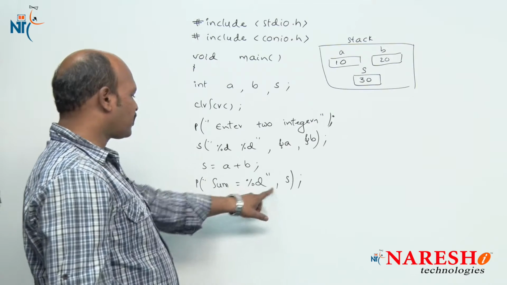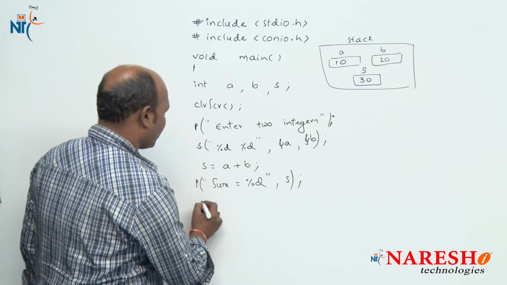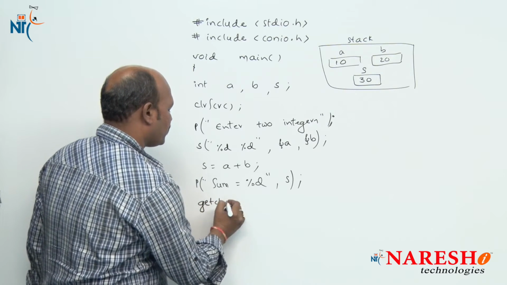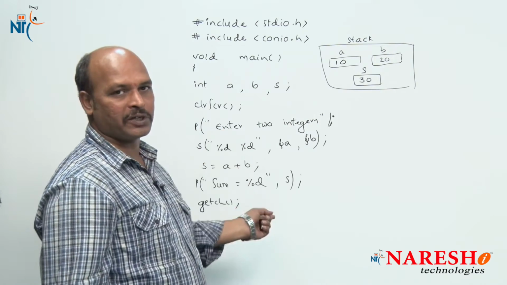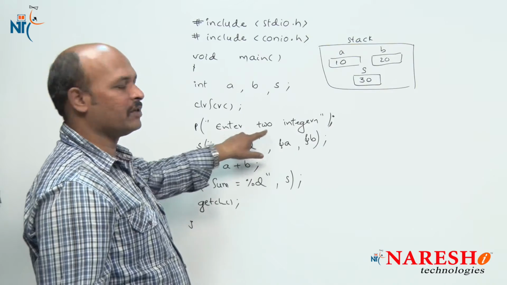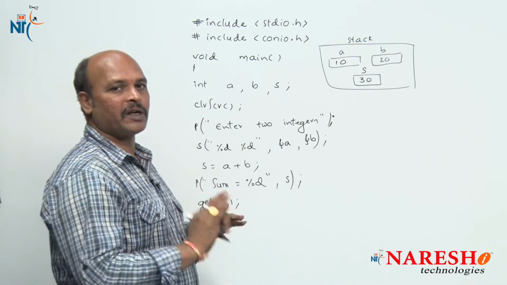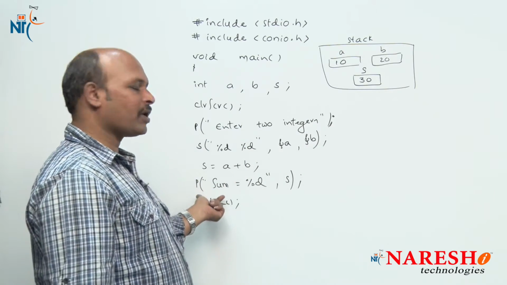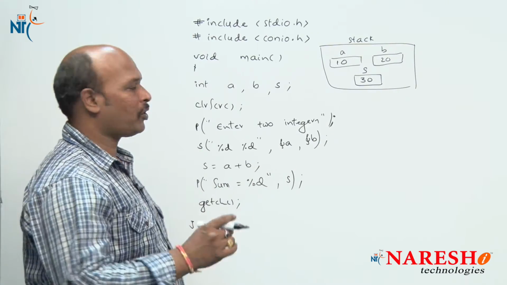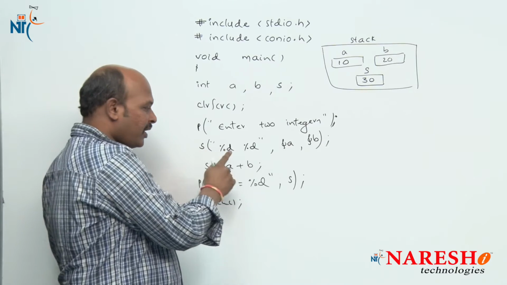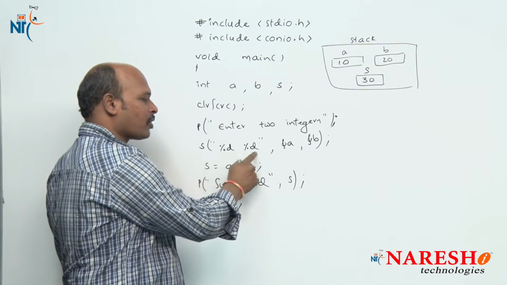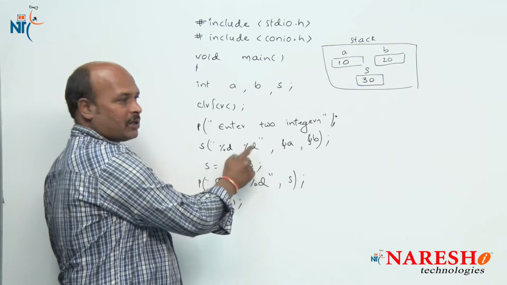Now the sum is going to print here and getch. The program is waiting for the input. When this program is compiled and executed, automatically it is waiting for two integers. Later, after entering the two integers, it is automatically printing the sum. And here, watch it, I have used a scanf function, and here %d are called conversion characters, and ampersand